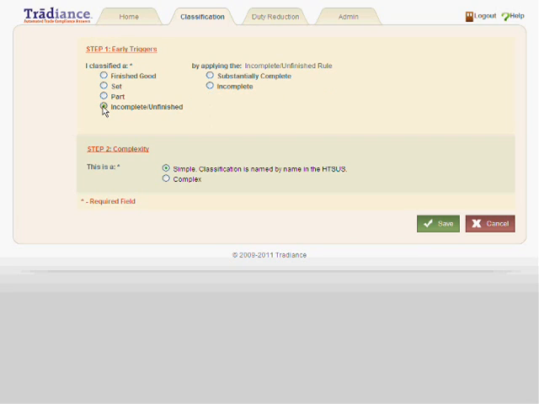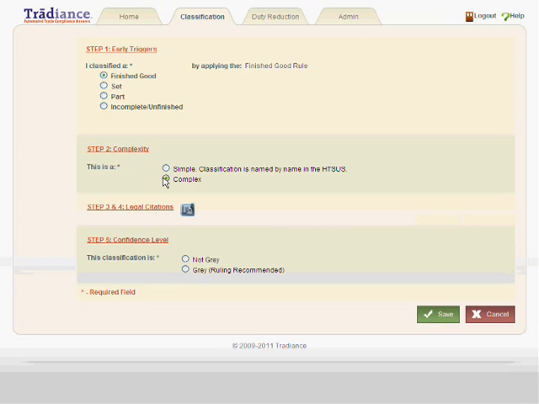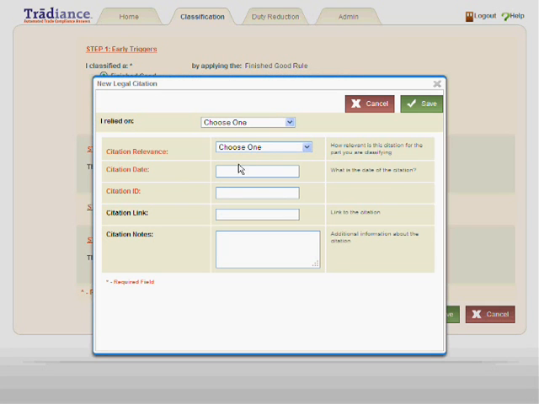In this case, I'm dealing with a finished good, so I'll just select finished good to signify that there are no early triggers. If this was a simple classification, I could select simple, save the part, and then I would be done. In this case, it's a complex classification, so I need to add the legal citations I used to